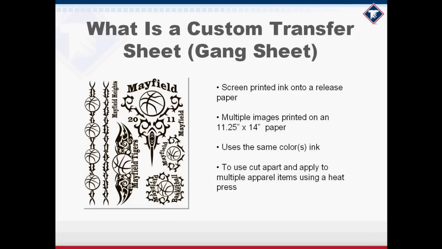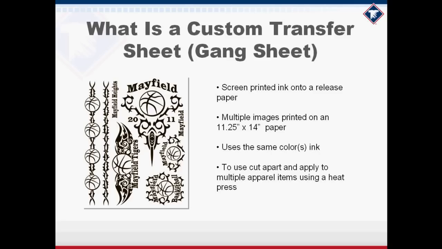Now, one of the biggest secrets to saving money, as we go through the webinar and I show you a whole bunch of visual examples today, is that one of the common themes is that the ink colors are the same on all the images. For example, the Mayfield basketball designs here: there are 8 designs all on this one sheet of paper, and all 8 of these Mayfield basketball designs are black. It's important that you keep the color in mind when you're trying to devise a cost-saving gang sheet,